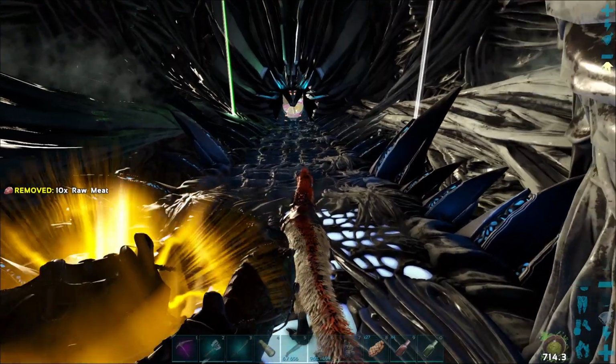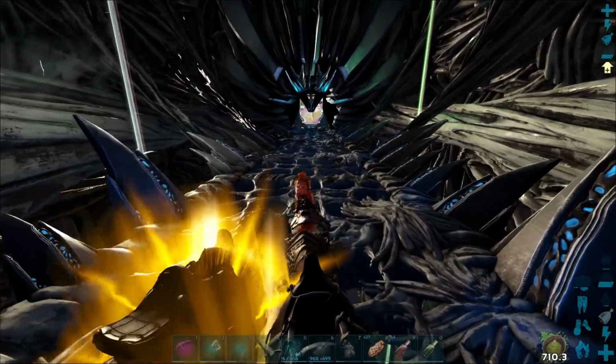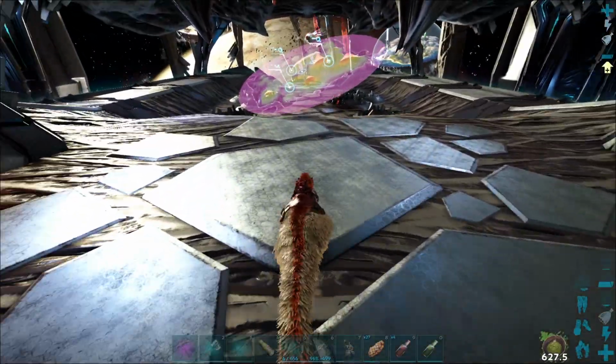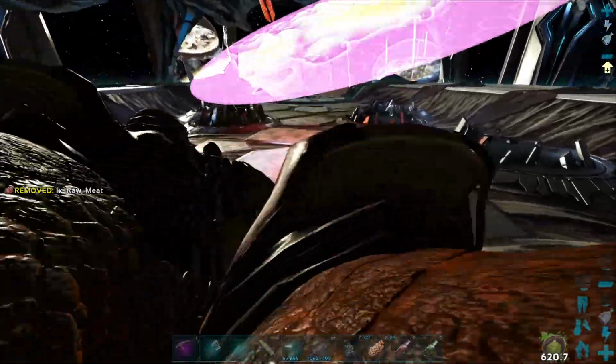Once we reached this part of the cave or spaceship or wherever the heck we are, the nerves really started to set in. I really didn't want to let you guys down. I really wanted to defeat the Overseer. As we ran down, we got into the arena, and then